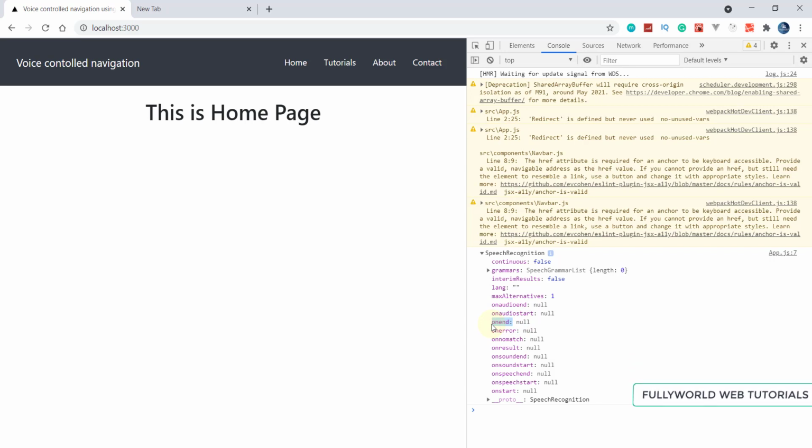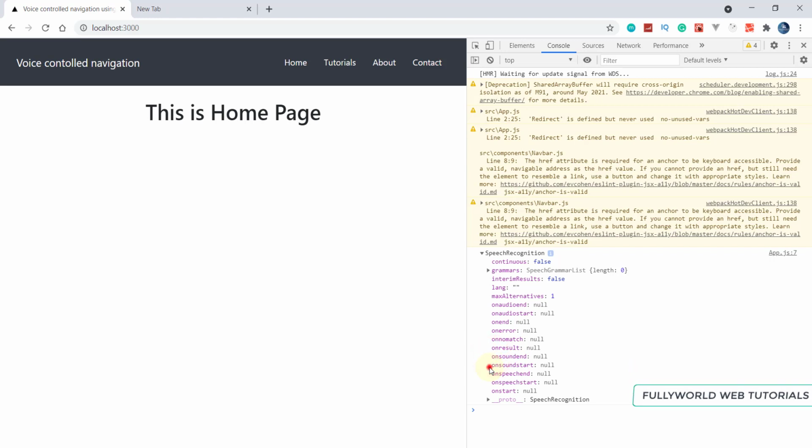In the onend, because after some break our recognition stops listening, it will come to an end here. First it will give our results, it will start our onresult. First it will be onstart, then onresult, and after that onend here. And there are many methods: onaudiostart, onaudioend, which means what it will do if you stop speaking. So these things are there, so you can use these things by extracting them. You can do many things here.